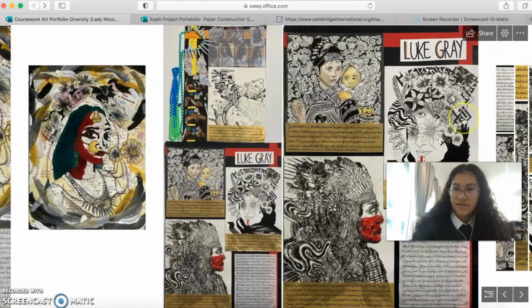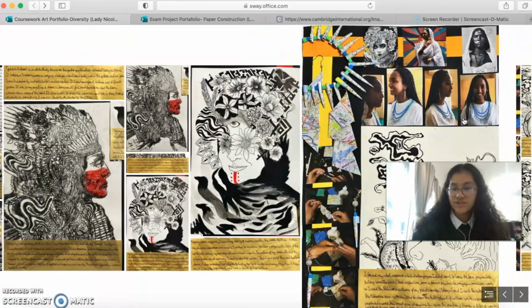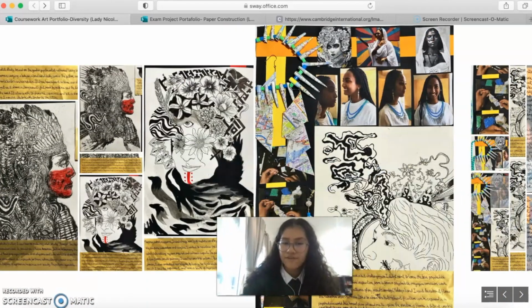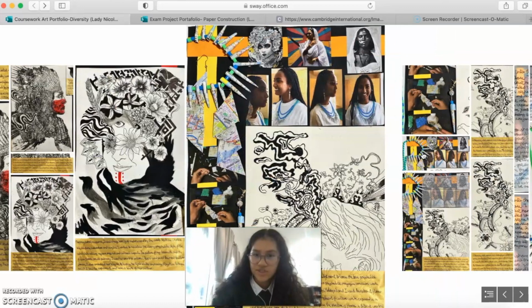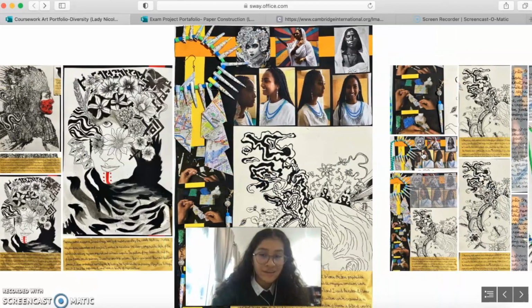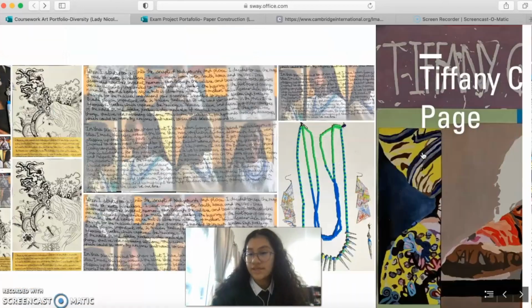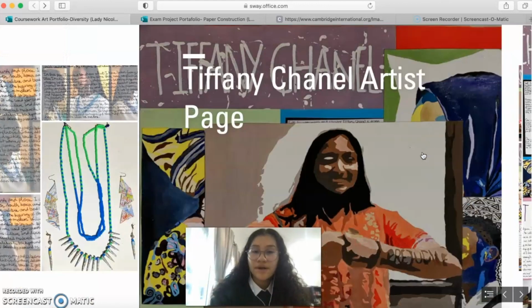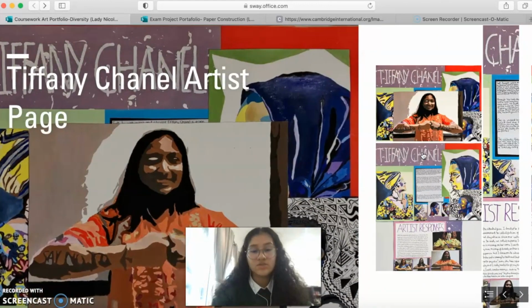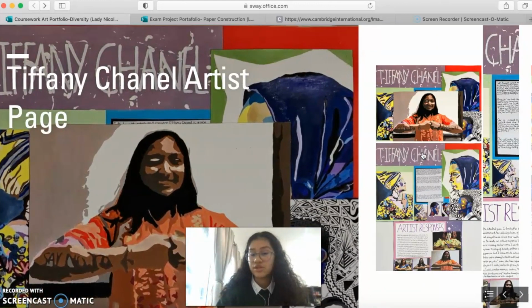And yes, that's for my second artist, and as you can see, I put the same amount of effort in every single artist page, because if you want to get an A or an A star, you need to show consistency, and that is just a fact. For my third and final artist, and this is where I'm kind of reaching my conclusion in my whole topic of diversity,